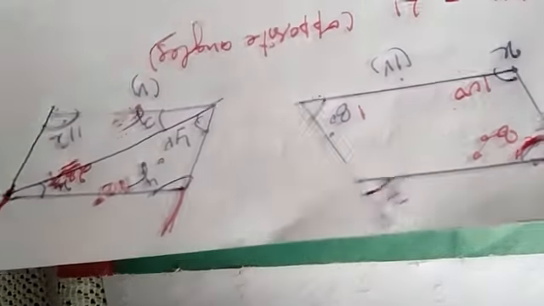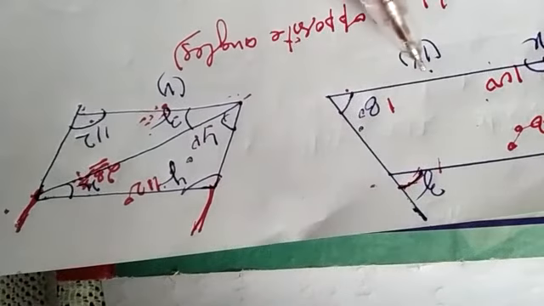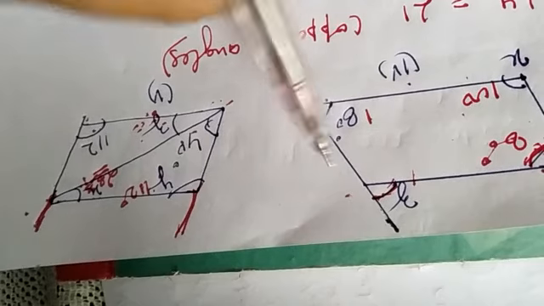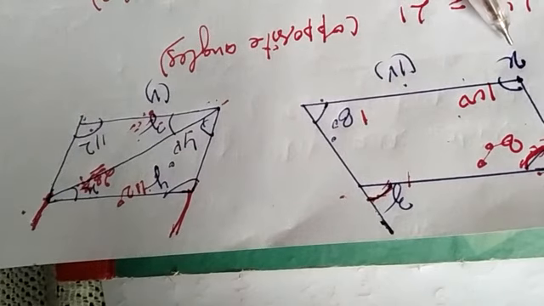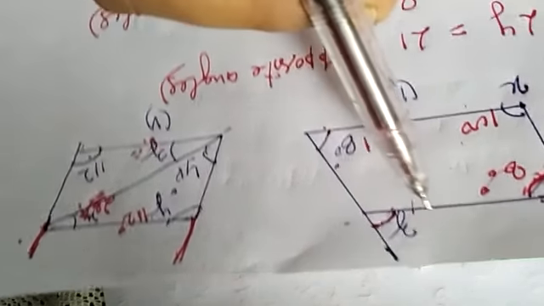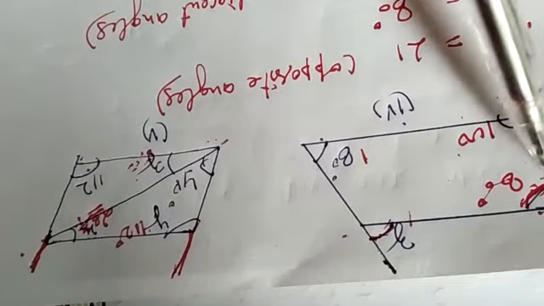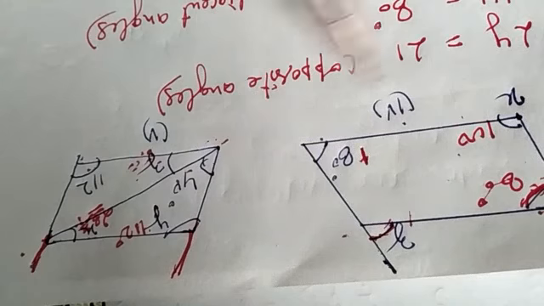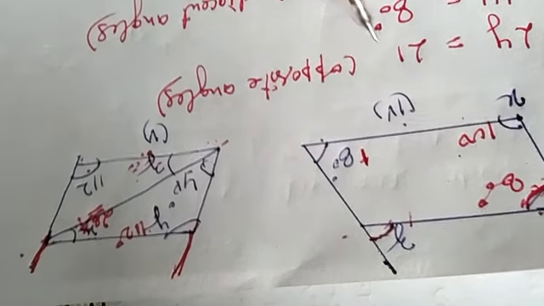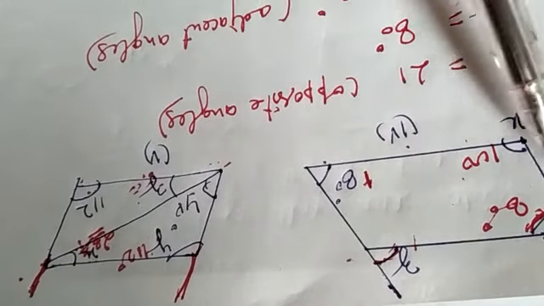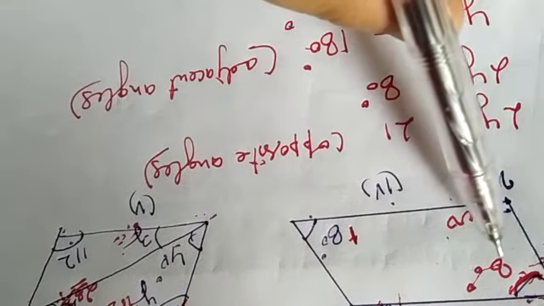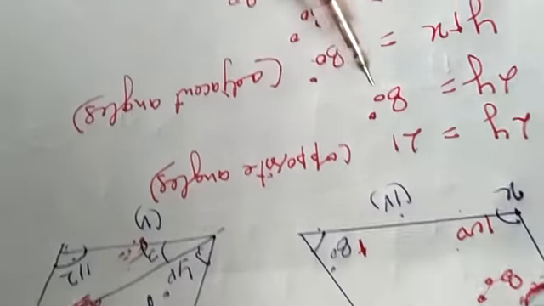So this is the fourth part of this question. This 80 is given, this parallelogram, this 80 is given, and we have to find out the value of x, y, and this z. So now angle y, and I have given this as angle 1. Okay, this is angle 1. Angle y and 1 will be again equal because both are opposite angles. So we got the value of angle y, that is 80.